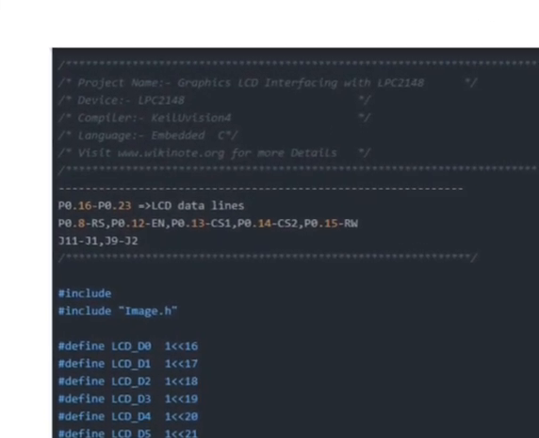So here P0.16 to 23 are the LCD data lines, P0.8 is the RS pin, P0.12 is the enable pin, P0.13 is CS1, P0.14 is CS2, P0.15 is RW. So these are the lines.